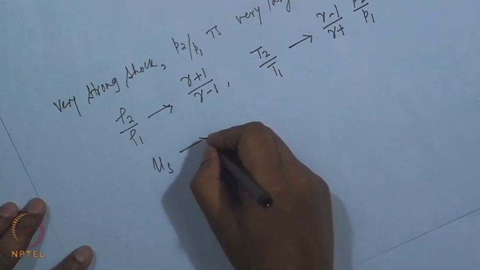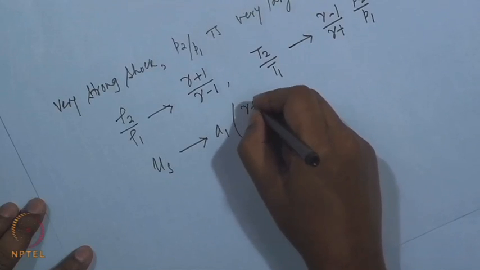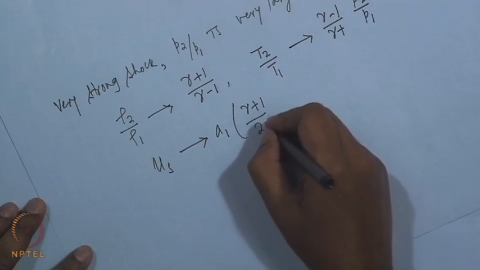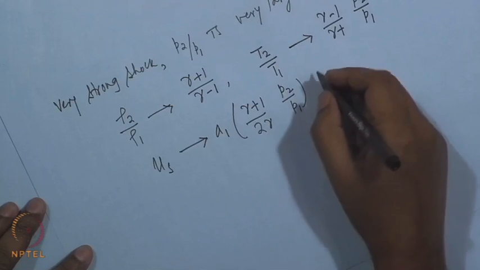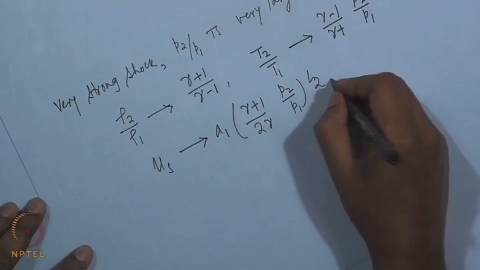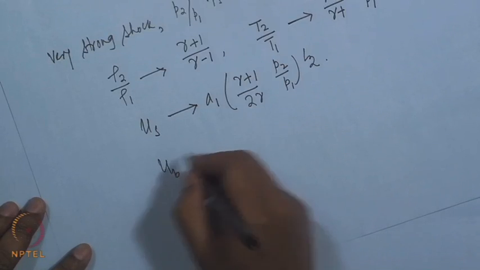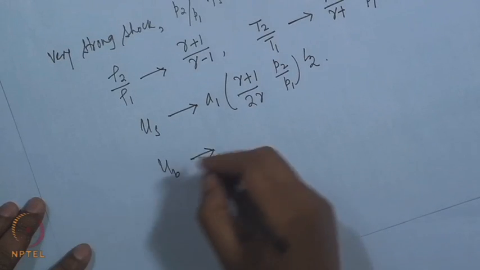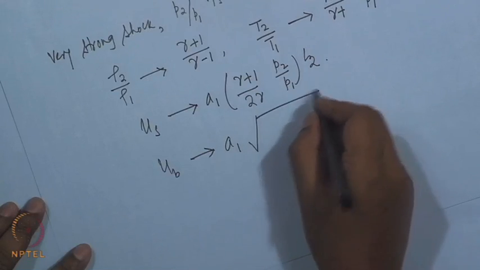The shock speed approaches U 1 into gamma plus 1 by 2 gamma into P 2 by P 1 to the power half, and U b, that is the flow velocity behind the shock, is U 1 into